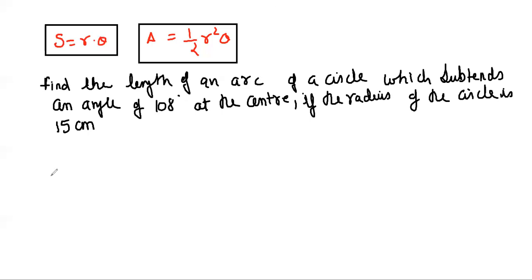Whatever data is given to us, we'll write down here. I will write down the solution. The solution starts here. Okay. Now the solution is, I will write down what is given to us. So if you see here, they are telling that radius of the circle is 15. So I will write down here R is equal to 15 centimeter. What else is given to us, beta? We are also given the angle theta, that is 108 degree.